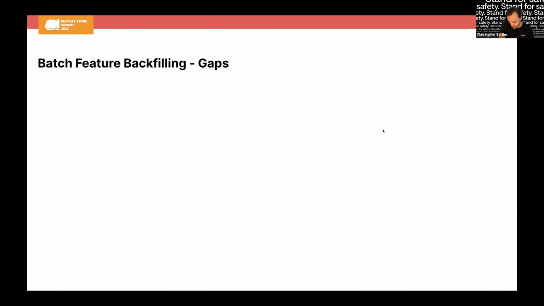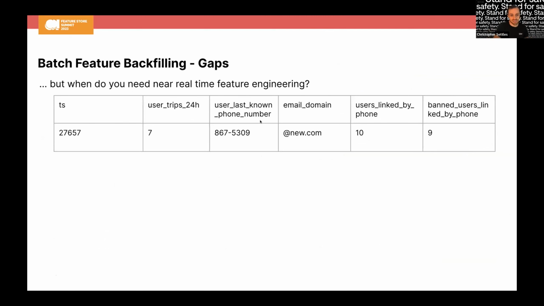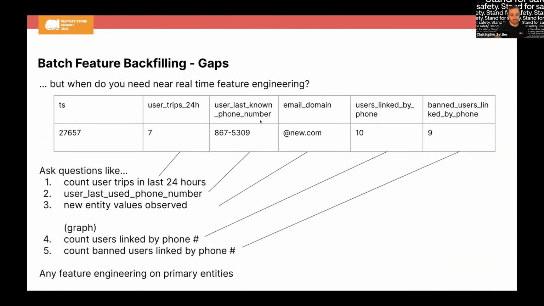But of course, what are the gaps? When do we need real-time or near real-time feature engineering? Well, the answer is when we want to ask questions like this. How many trips has the user taken in the last 24 hours? If we just do this in a batch fashion, this might not give us an appropriate level of granularity or accuracy. Or we want to get some kind of attribute feature like the user's last known phone number,